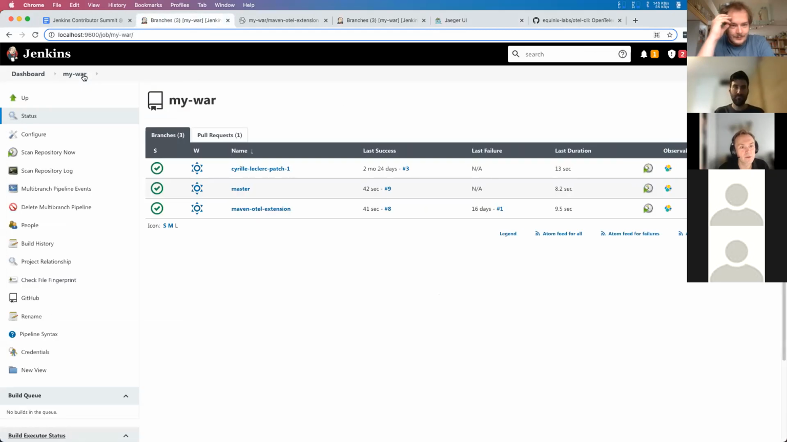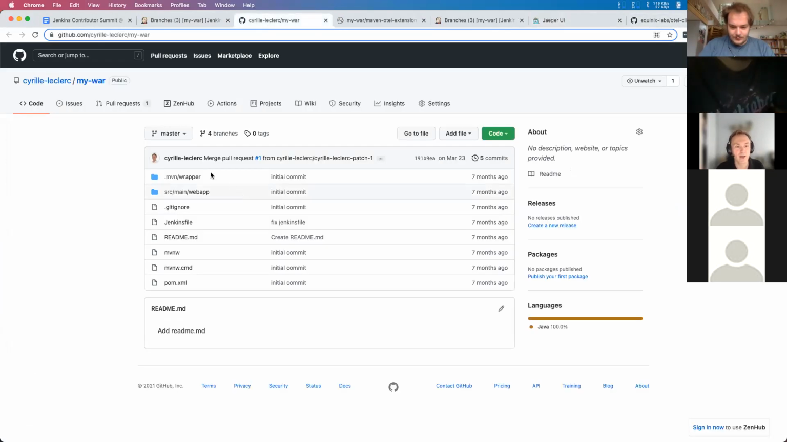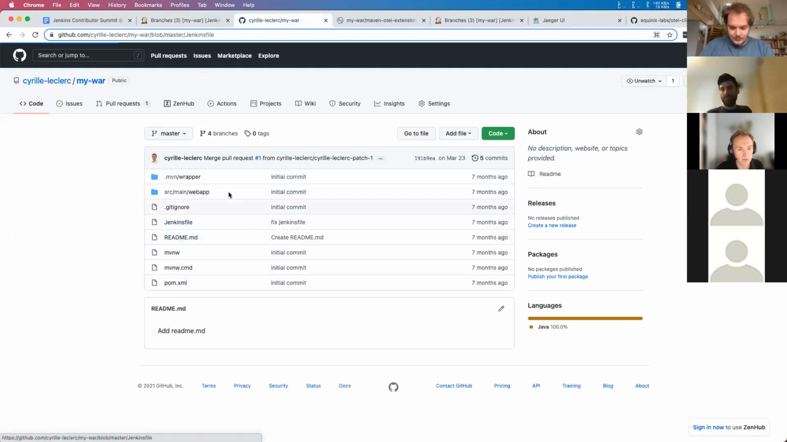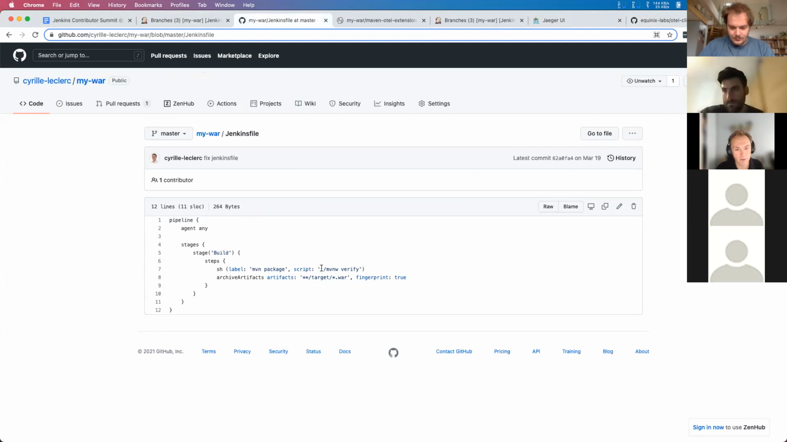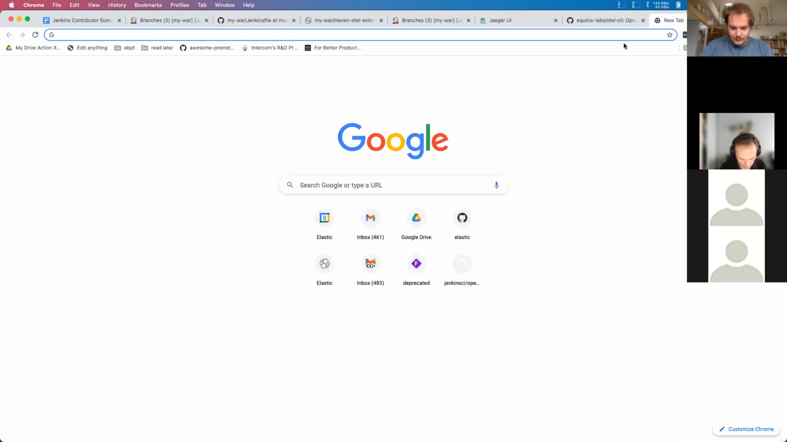This is a very standard Jenkins application, a Jenkins pipeline. I took a simple Maven application which produces a WAR file. I can show you the Jenkinsfile. It's a very simple Maven verify, and then I archive the artifacts. And we have integrated OpenTelemetry in Jenkins. The way it works is at the moment